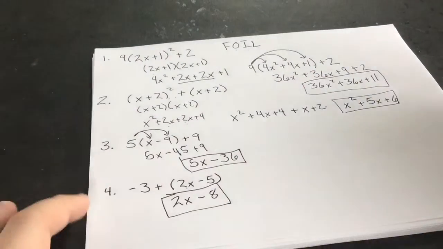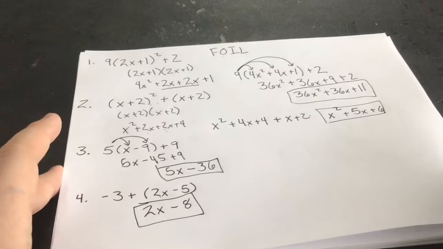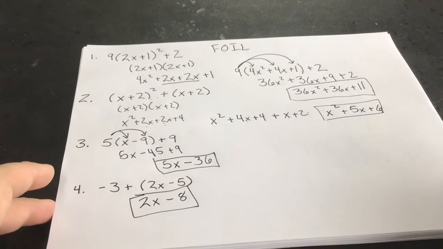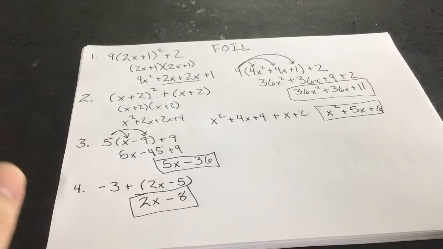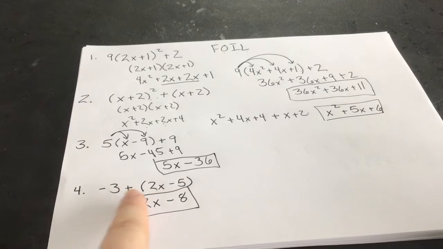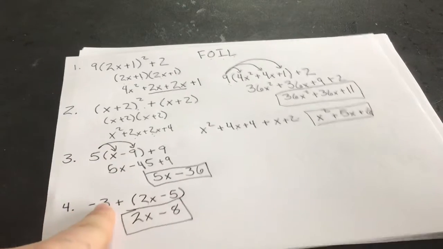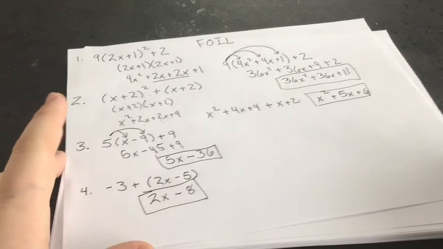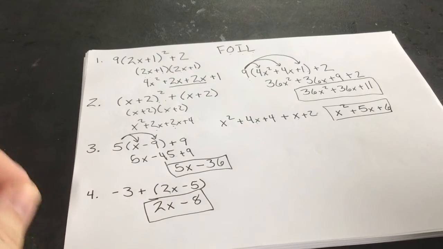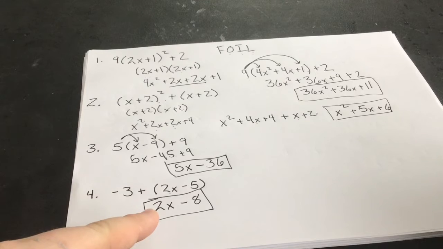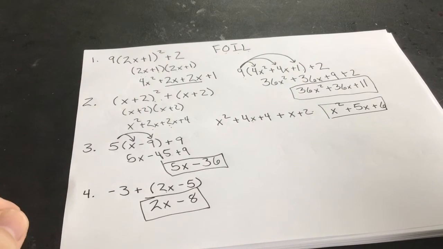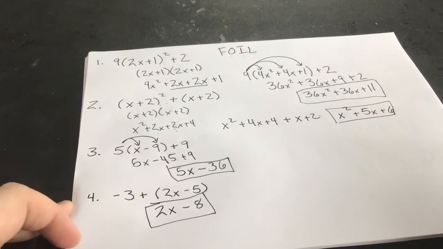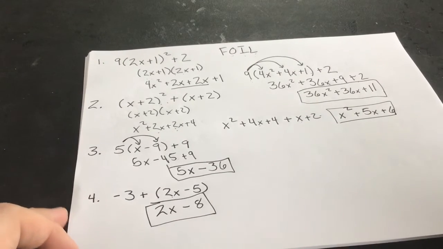One thing I do want to have everyone keep in mind is the quote-unquote proper way to write these numbers mathematically, and that is with the highest exponent variable first. So whenever I was writing this, I think some of us may have looked at this and said negative 3, negative 5, that's negative 8, so negative 8 plus 2x. But even though that is the exact same thing as 2x minus 8, what we want to do is write those variables beforehand. It's not going to be a huge deal in derivatives, but it is going to be coming up a little bit, and we want to make sure that we are careful with the order in which